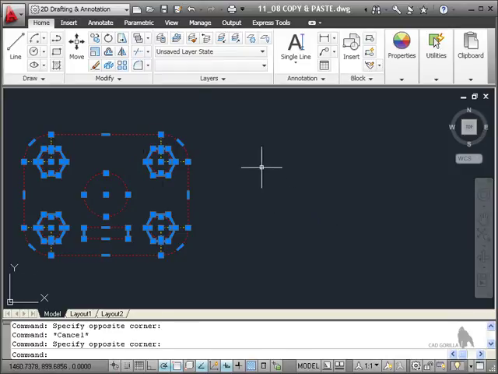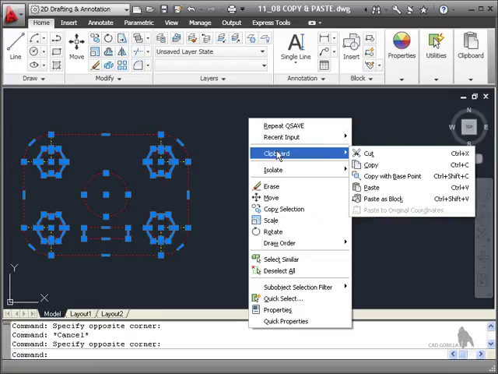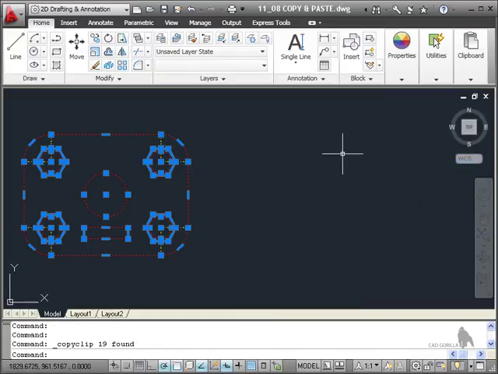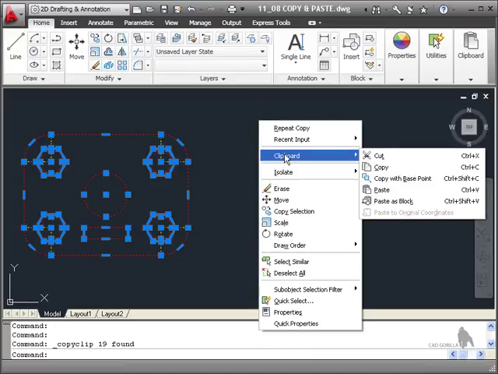Once everything is selected, you right click on the mouse and go to the clipboard entry there on the shortcut menu. So you'll notice now we've got cut, copy, copy with base point, paste, and paste as a block. We'll look at blocks later on. But I just want to copy this. I'm not going to use a copy with base point. When I copy now, that is on the Windows clipboard. If I right click and go to clipboard again without any objects selected this time, they are still selected on the screen, I know. But if I go to paste,